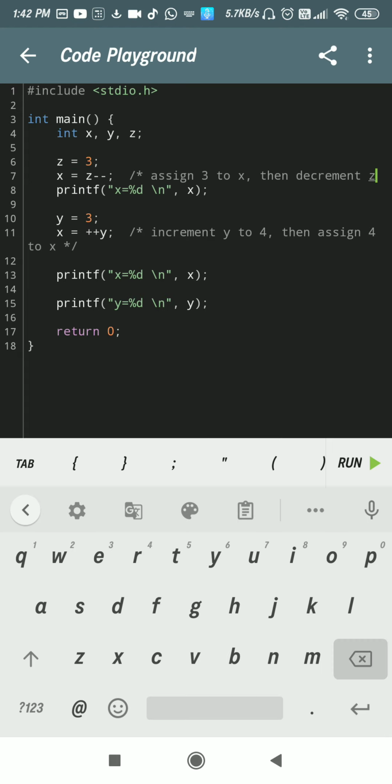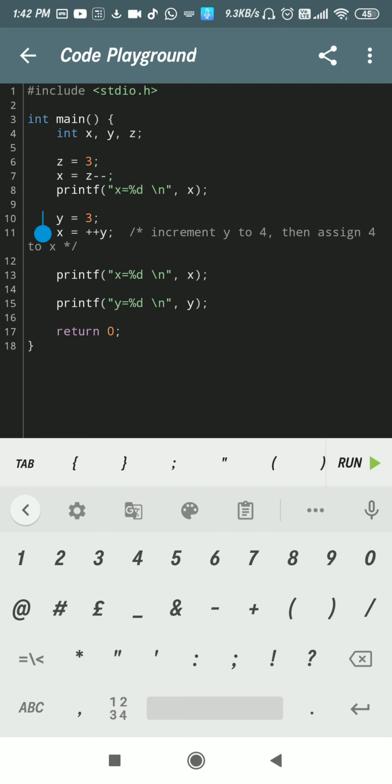This is the comment. I will tell you later how you can type the comments, right? I'm just making all these lines a comment, which means they have no meaning for the compiler.